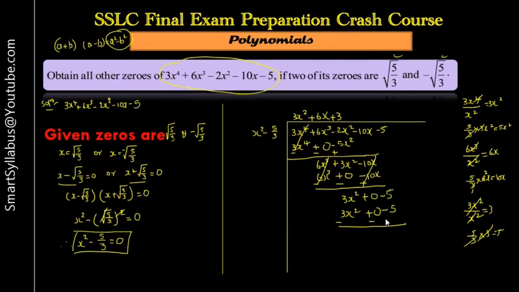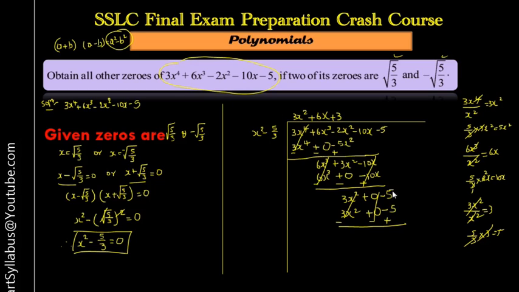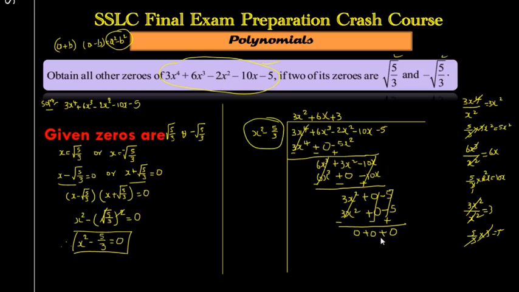Again, subtract these two by changing the sign. Okay, minus 3x square, minus 3x square cancel, 0 minus 0 cancel, minus 5 plus 5, again same number but a different sign, so cancel. So 0 plus 0 plus 0. So we finally divided the given big polynomial, or you can say this large polynomial, completely with this polynomial. It means this is one factor, and the other two zeros we're going to find are here now. So from this we have to find out the remaining two zeros, right?